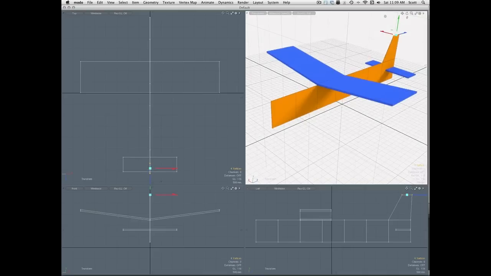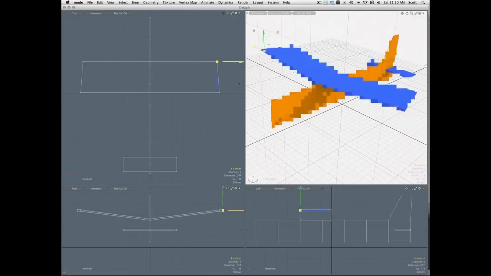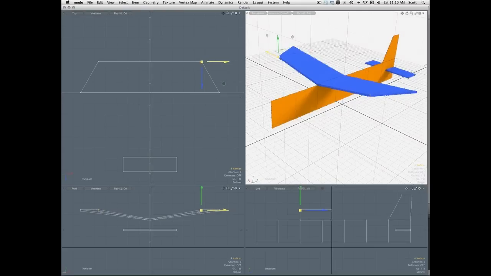The most important thing to understand about this little example, before we start trying to draw these side views in perspective, because that's the next jump, of course, is this. I'm just pulling some points around. Now you see we saw it move in the front view and top view, and again nothing in the side view, because I'm only moving it in one plane at a time. And that's